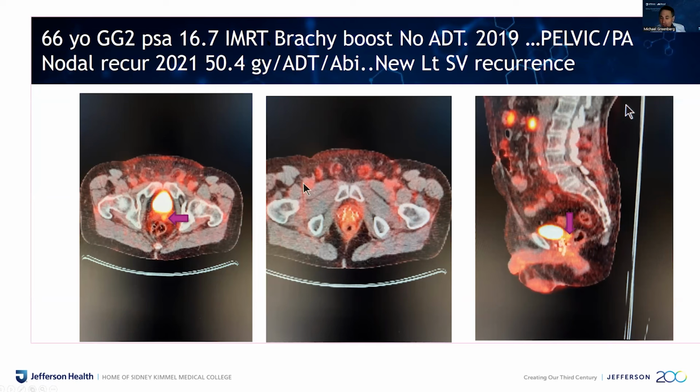So the patient had IMRT, which would be 5 weeks of treatment followed by a brachytherapy boost with seeds. He did not receive hormonal therapy. He failed in the pelvis, in the lymph nodes in 2019, and received pelvic radiation and hormonal androgen deprivation. That was again in 2021, with hormonal therapy along with abiraterone. He presented to us with a new elevation in PSA, and the PSMA target showed this medial seminal vesicle remnant